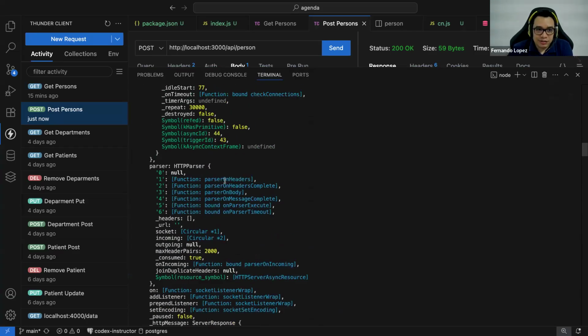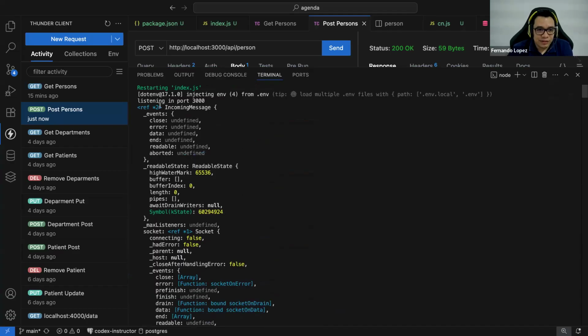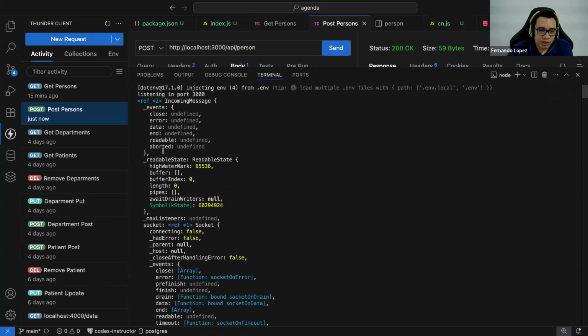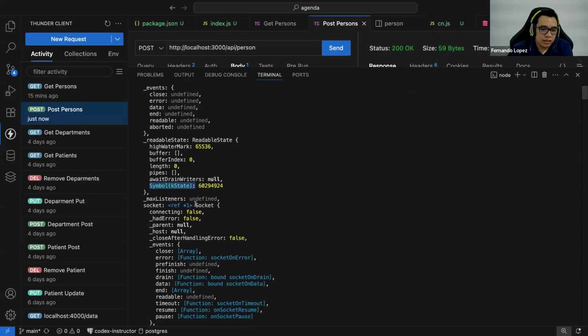Let's start with the first properties. The request object contains this kind of information. For example, the event, if there are some errors, data, if the request has been aborted. This symbol that we have here contains something about the token for the authentications.